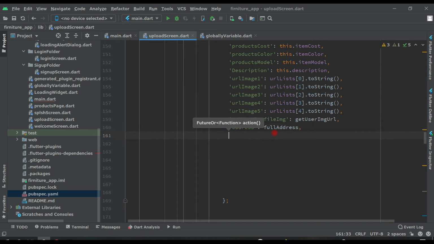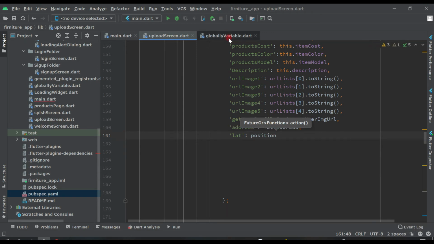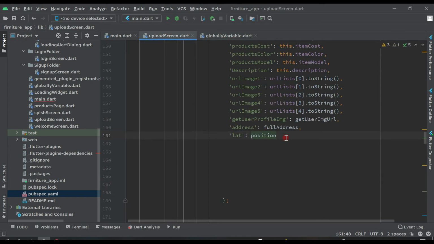After this we will take the latitude and longitude of the user. So here write lat, and position, this one which we have created in the global variable. Now comma, lng, I mean longitude, will be position.